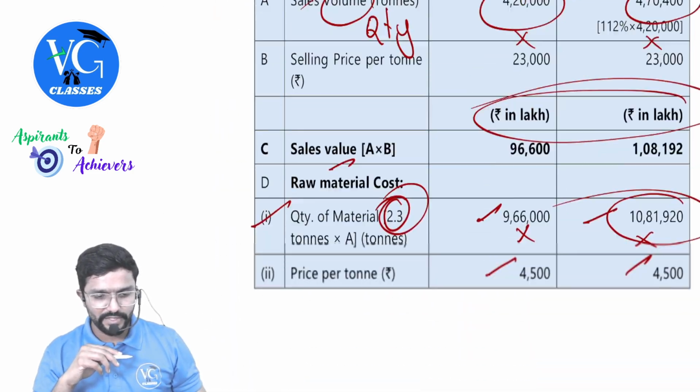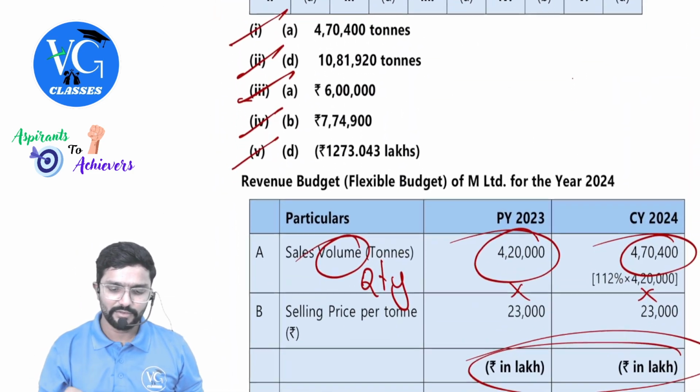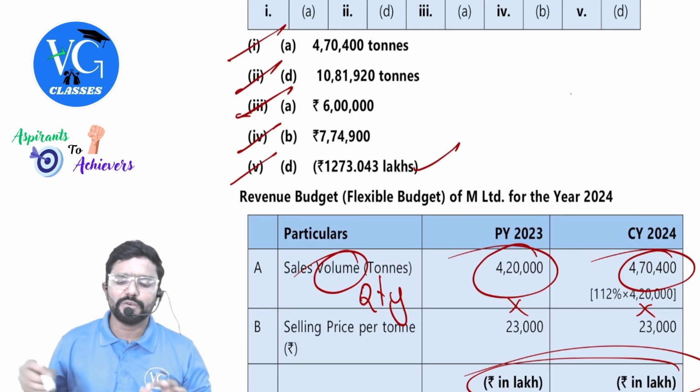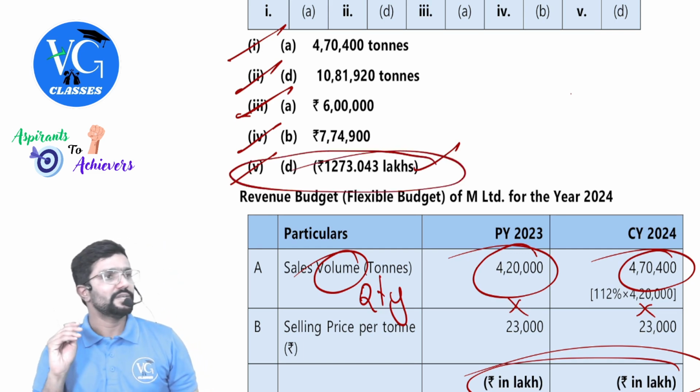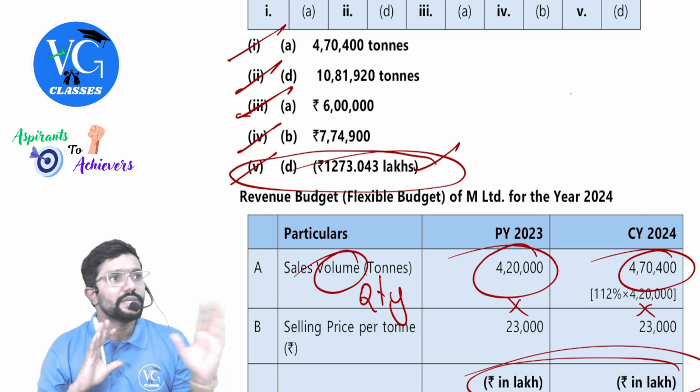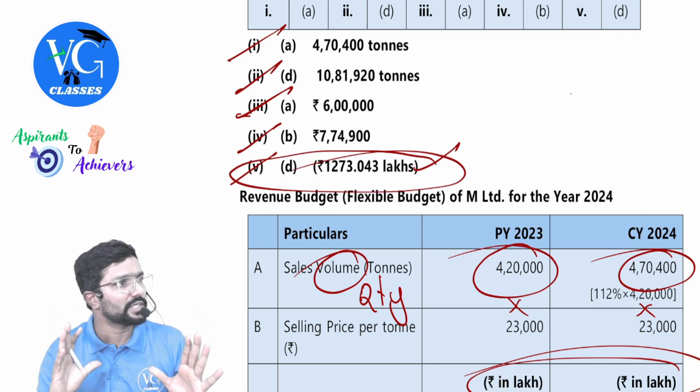1273.043. Here they are given in lakhs. One thing, one time. Fine. See, this is the only question which may take so much time for you. Guys, assume, sir, this question I don't have so much time. Still, you can do. It is not a choice to read the entire question.